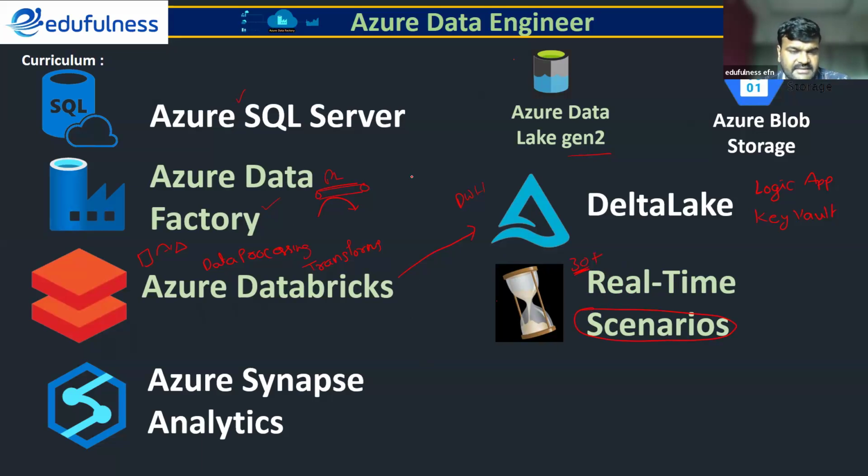Here there is no prerequisite, as I told. Your willingness to attend the class is more important. Willingness to learn is more important. Everything we are going to start from scratch. Today itself you will feel that. Okay. So scenarios are definitely going to make you more confident. What we faced, what frequently happens in the data engineering domain, those things we are going to discuss from scratch. We will always discuss theory first, then we are going to implement that theory.